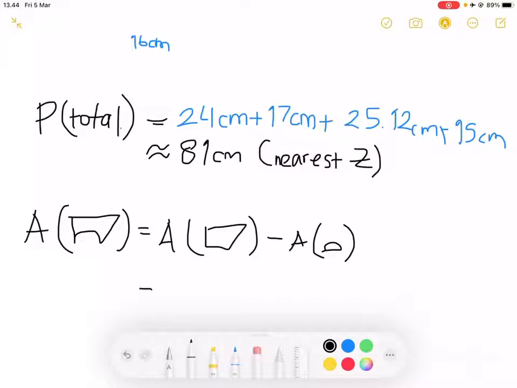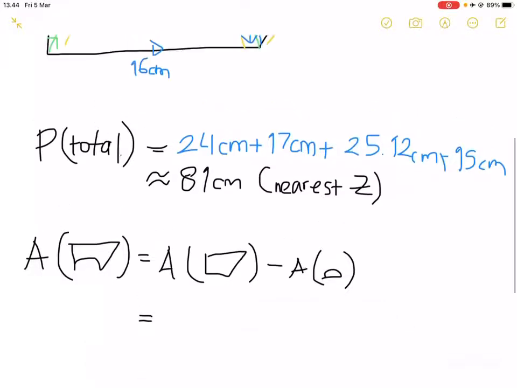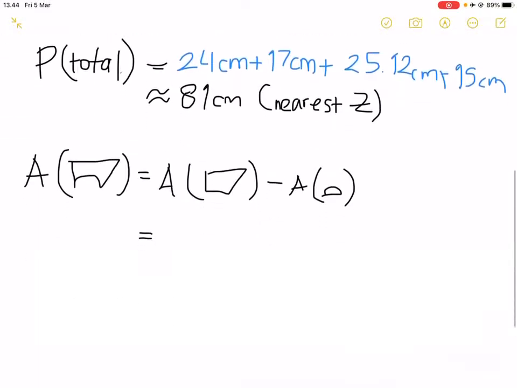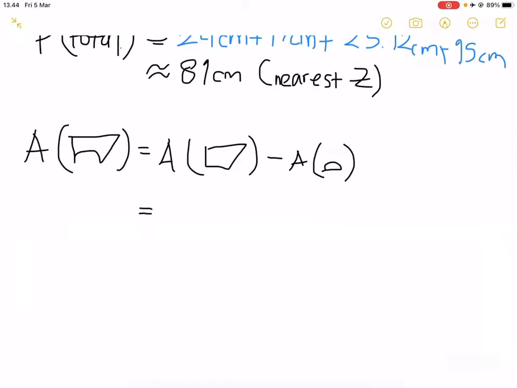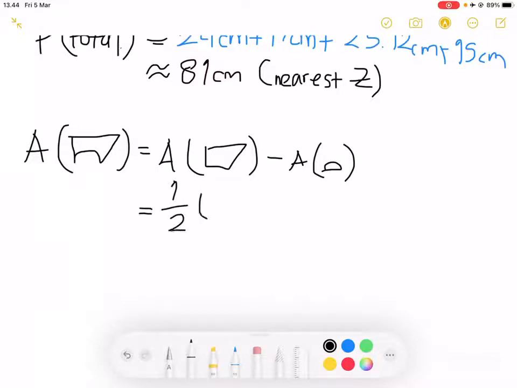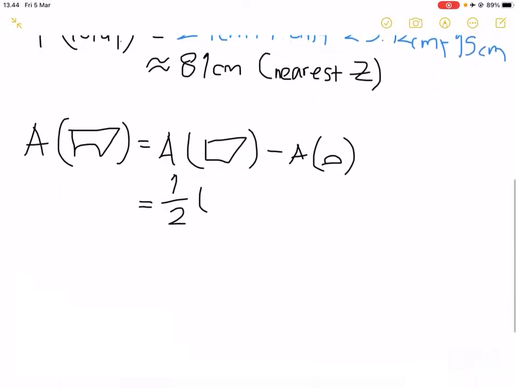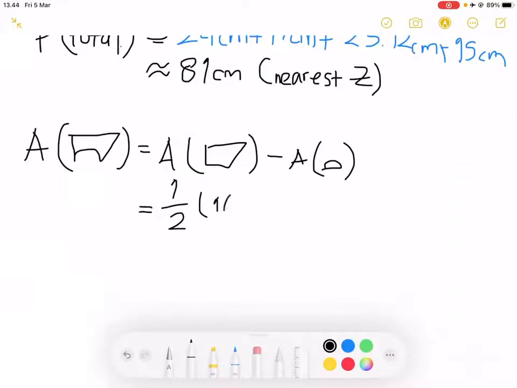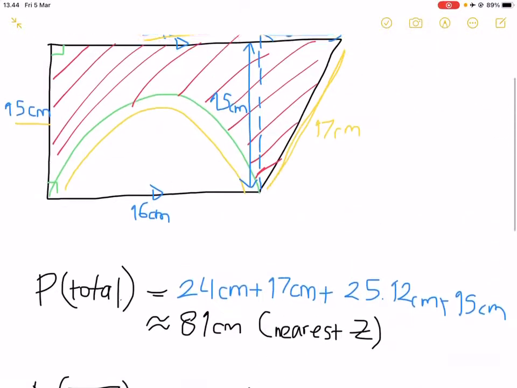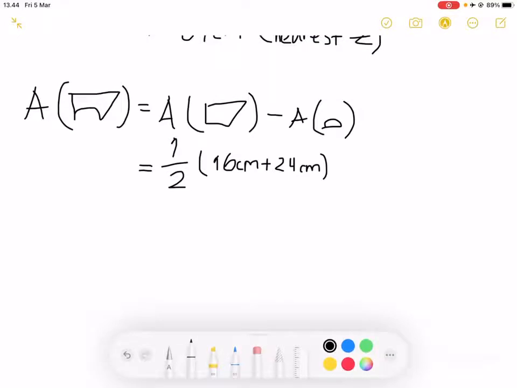Now we know that the formula for the area of the trapezium is the average of the parallel lines, which is a half times, in parentheses, 16 centimeters plus 24 centimeters, times the height, which is 15 centimeters in this case,